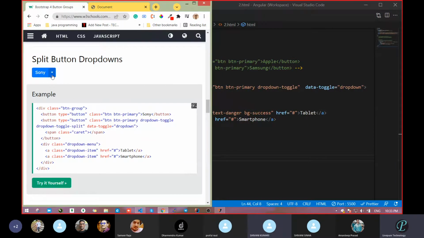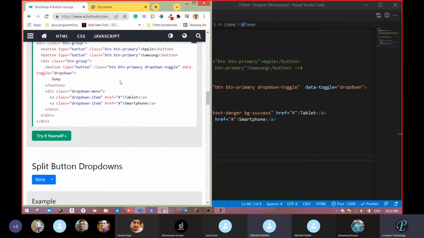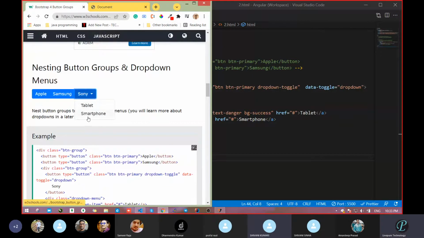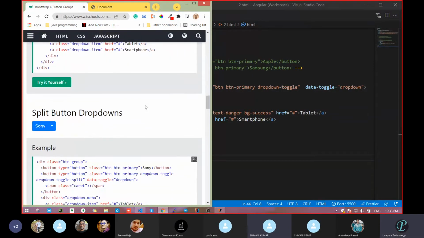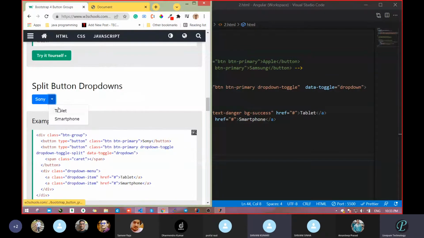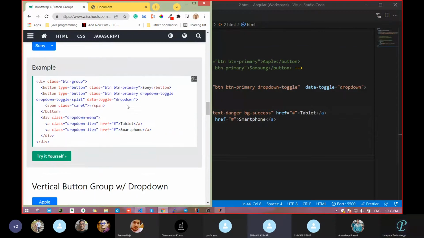So next, a split button dropdown. What was it previously? See, the button was coming here. Fine. In this case, it is going to be split. What is that? That is just separate. It looks something like this. So which class is this one? Then btn-group is already there for the grouping purpose, the main class. Then this is fine. There is nothing in this case. But in this case, up to the toggle, with the help of this dropdown-toggle, it is going to make that toggling. And after that, dropdown-toggle-split. We have taken this as split class and remaining all are the same.